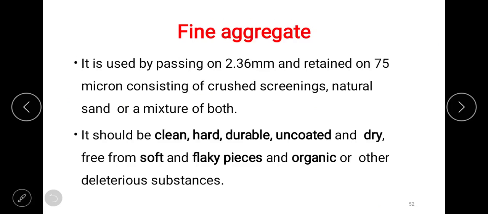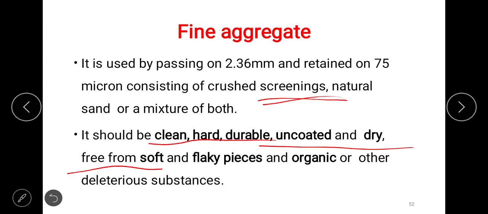Fine aggregate is that passing 2.36 mm and retained on 75 micron, consisting of crushed screenings, finer material, screenings, natural sand or a mixture of both. It should be clean, hard, durable, uncoated and dry, free from soft and flaky pieces and organic or other deleterious substances.